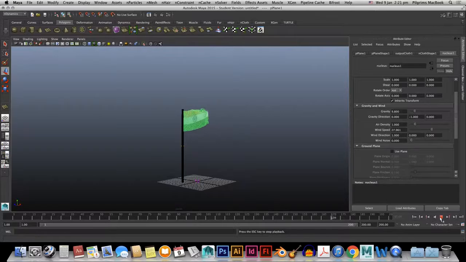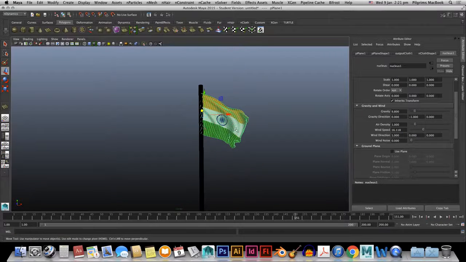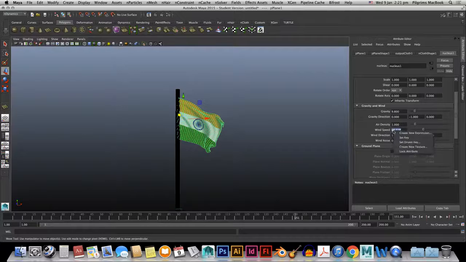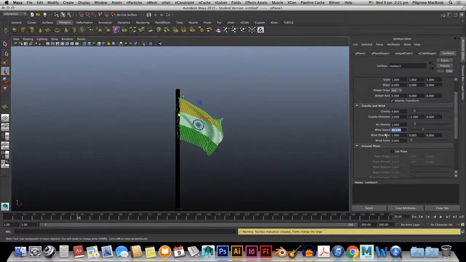If you have played on the timeline, you can just drag this panel. Okay, you can see the changes. I will pause for a while. So you can play with the wind speed, or you can even set a key which will animate your values, and you can play around on the timeline and set keys. So I will put at least 30. We'll change it to 30 and enter the same.